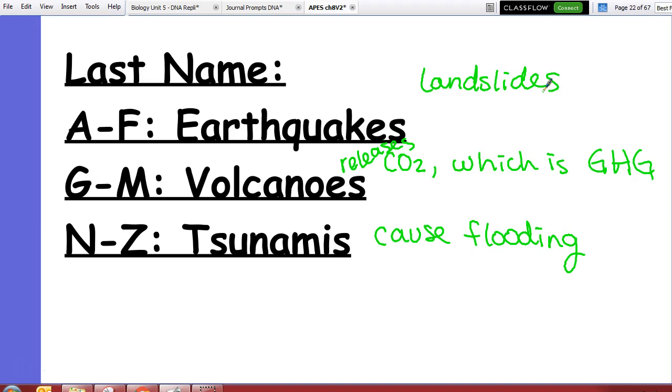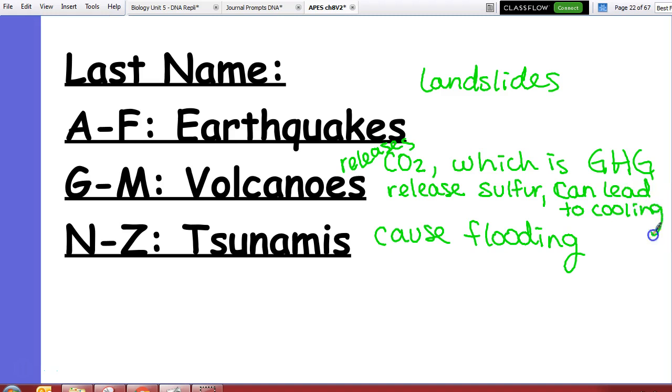Cassidy, what's another thing you got for volcanoes? Good. So they also release sulfur gases, which can lead to cooling. So they do release carbon dioxide, but volcanic eruptions actually cause the earth to cool. So if there are a lot of volcanoes that are really active, they actually cause the earth to cool. And they actually think that some of the ice ages were caused by a ton of volcanoes erupting,